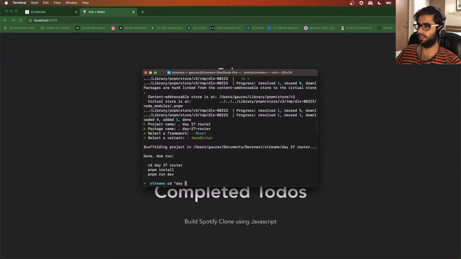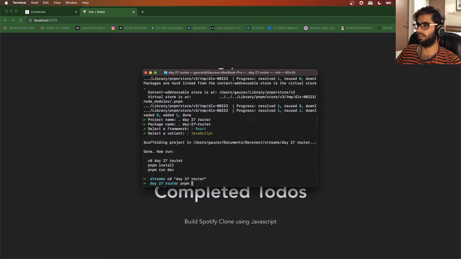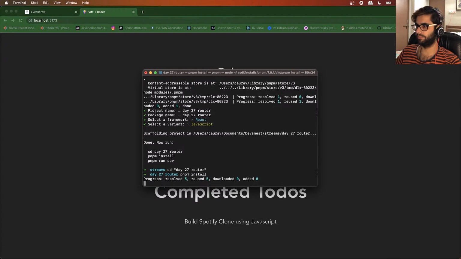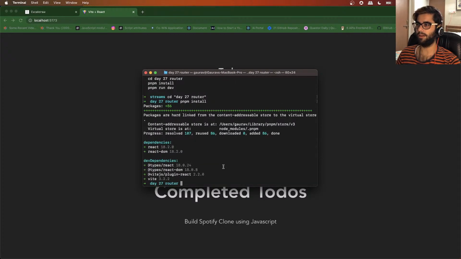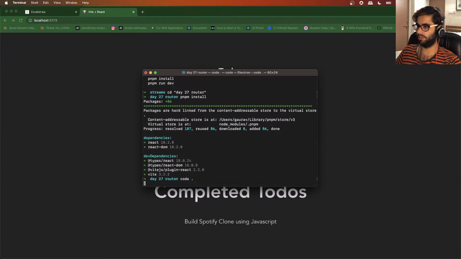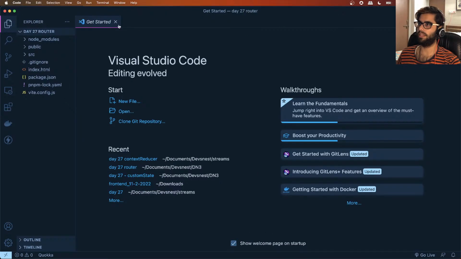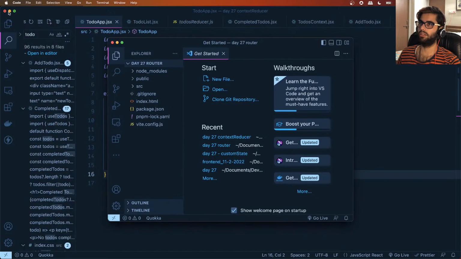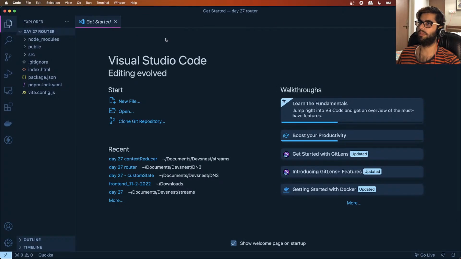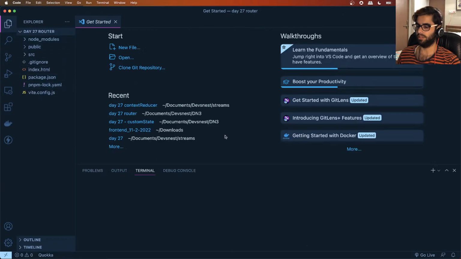Let's go inside day 27 router. Let's do pnpm install. You can use whichever package manager you like. You can use yarn, you can use npm. I'm going with this. Okay. All right, so it's doing its setup. Let's open this in VS Code. I'll maximize this. All right,